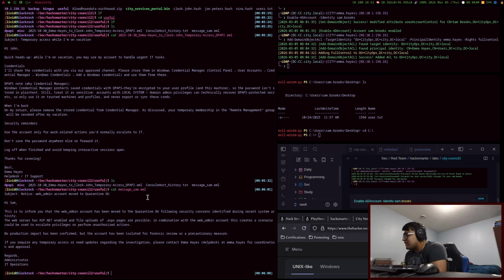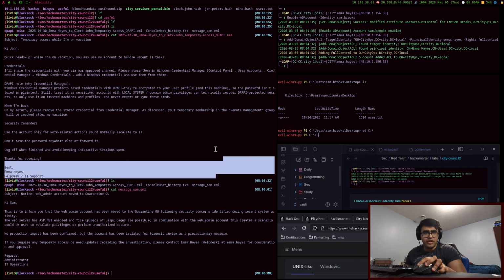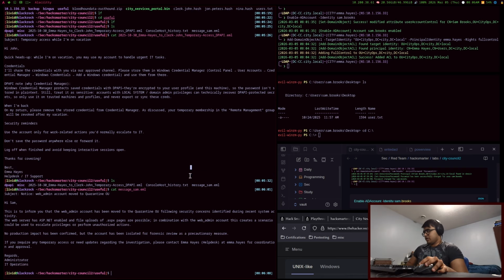And then we can see that the web server has ASP.NET enabled and file uploads of .aspx files are possible, which means that we could do an ASPX shell, and that should give us access to the web admin, whatever is running the web, basically, so the web user. And from there, we should be able to do an escalation of privilege in order to get administrator, and that will give us root. So now that we know where we need to go,